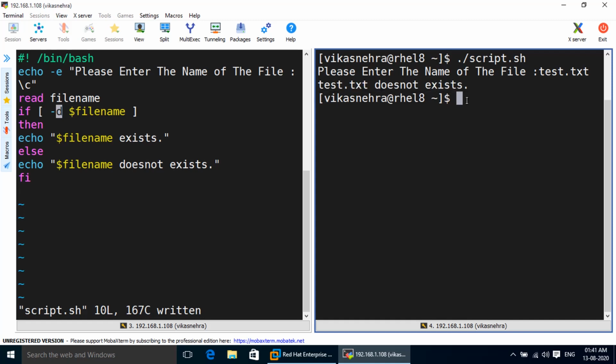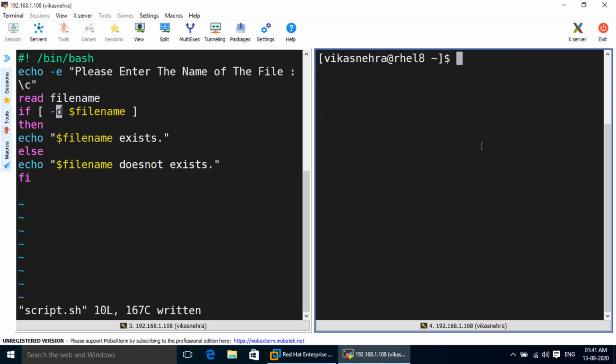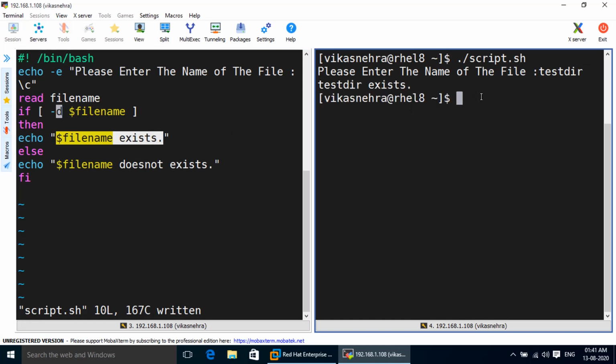So if I create a directory here, testdir, like this, so you can see that I have created a directory, and if I execute the script like this and mention the name of the directory, then this time it will print testdir exists. So option -d can be used to check whether the directory is present or not.